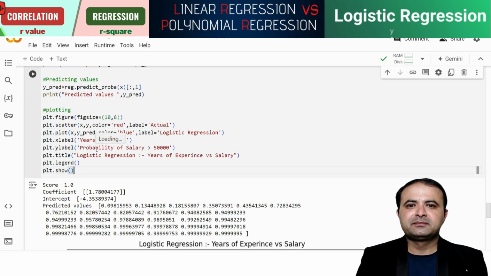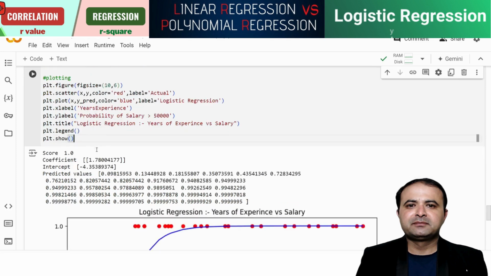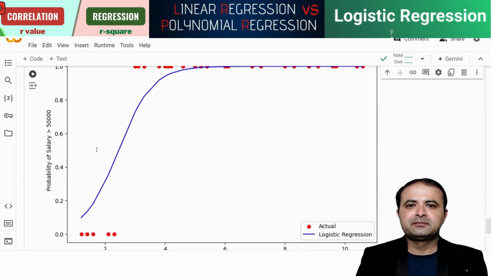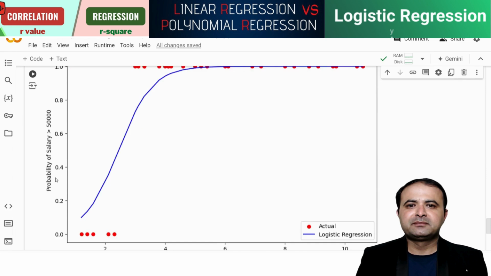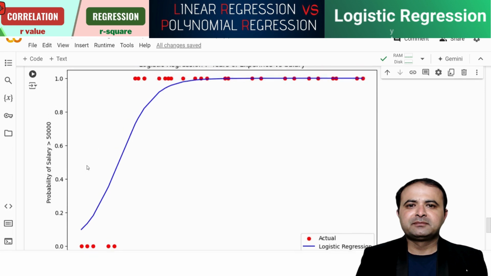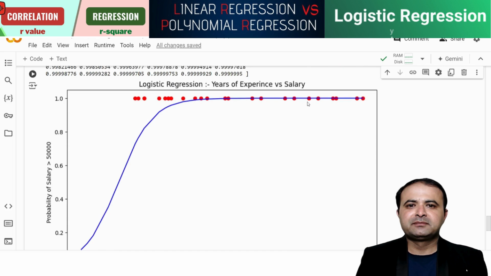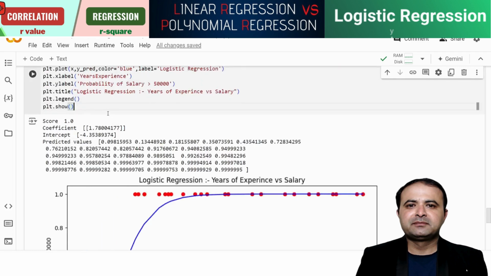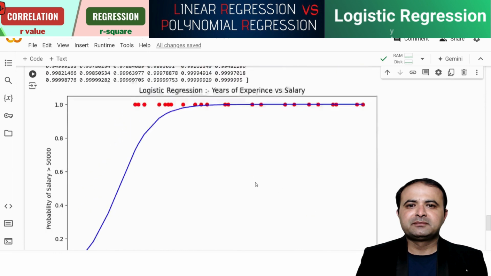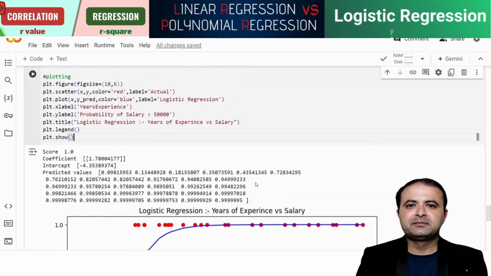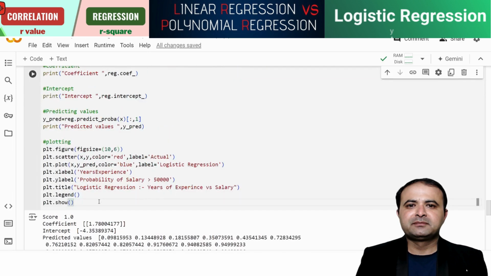So very nice and a very, very effective example of this logistic regression. The logistic regression is useful and it is a part of supervised machine learning. The probability of the salary greater than 50,000. So you can see. And the legends I also want to use. You can see the legends. So it's such a very effective